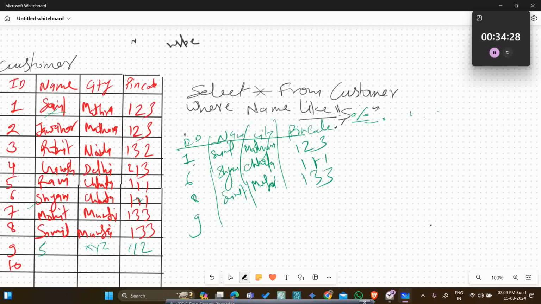And next would be, because it has only one character, the ampersand, or we can say the percent operator, can take zero value. So if we put the value zero, then it returns only s. So it searches for the character s only. So this is also returned by this xyz 1 2 1 1 2, right? But